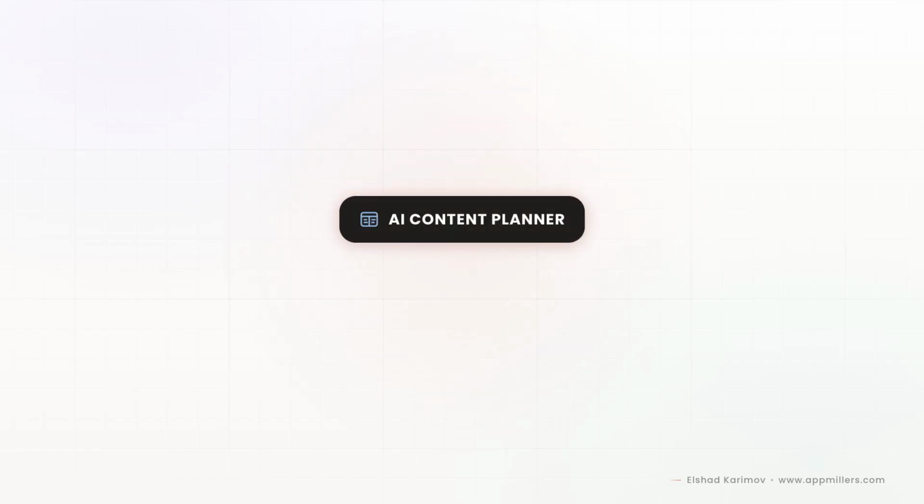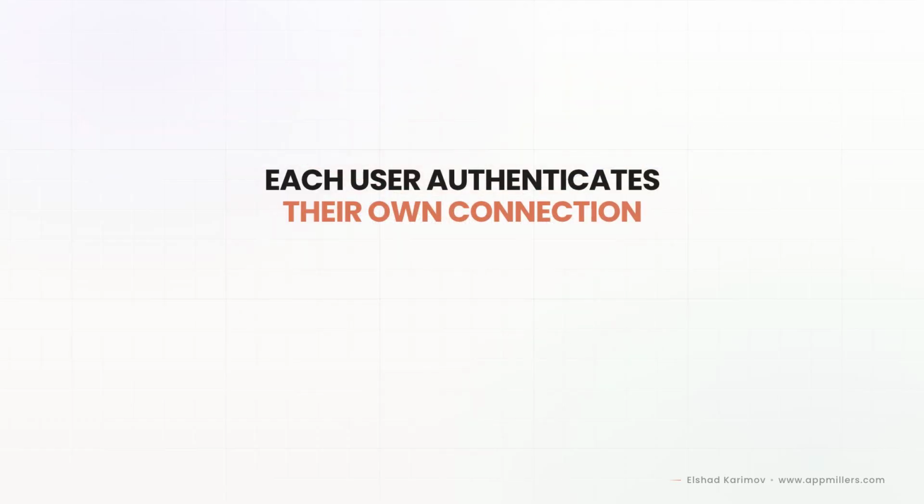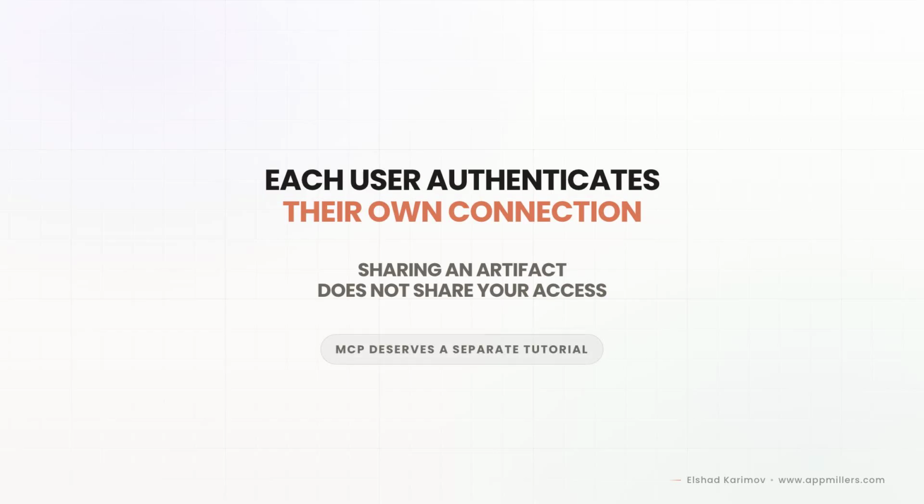We could take this application further by connecting it to external tools through MCP. For example, the planner could create publishing deadlines in Google Calendar. It could send production updates to Slack, or it could retrieve tasks from a project management system. Each user must authenticate their own MCP connection. Sharing an artifact does not automatically share your personal access to an external service. MCP deserves a separate tutorial, so we will keep this video focused on building, adding AI, saving data and publishing the